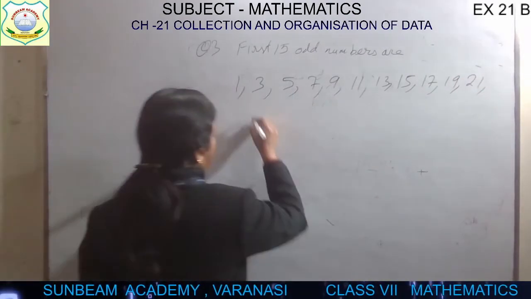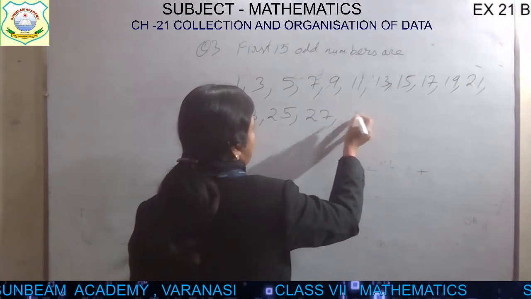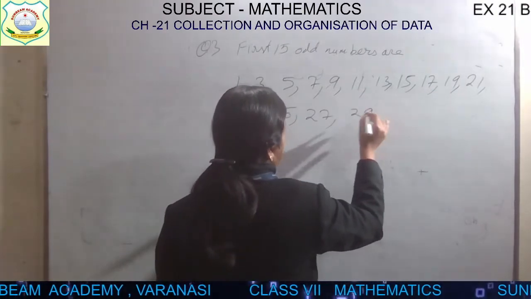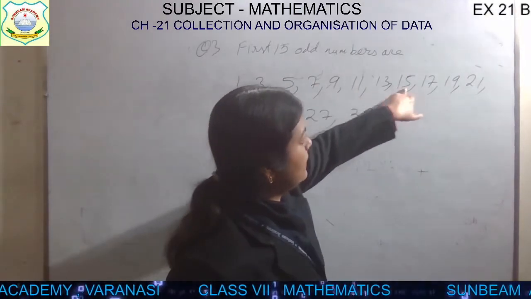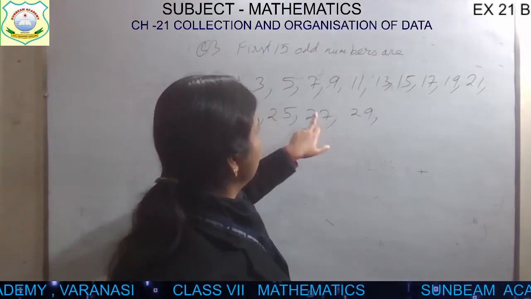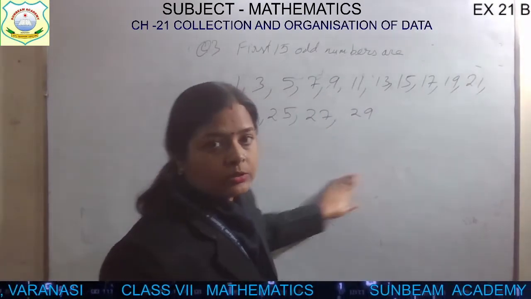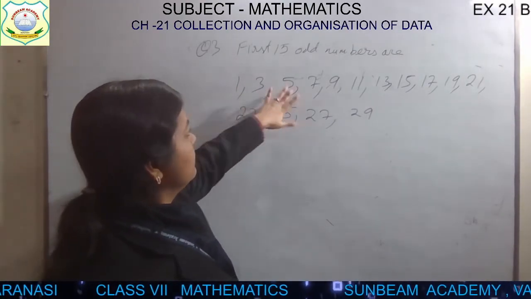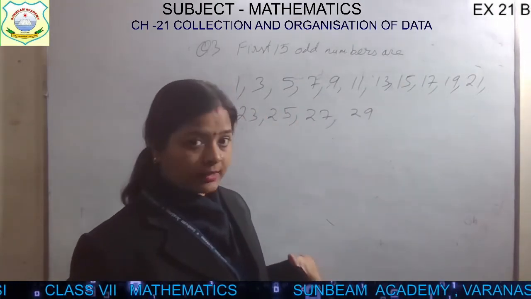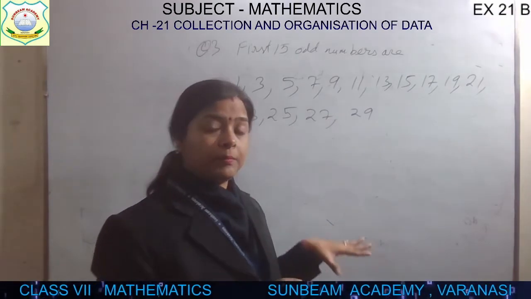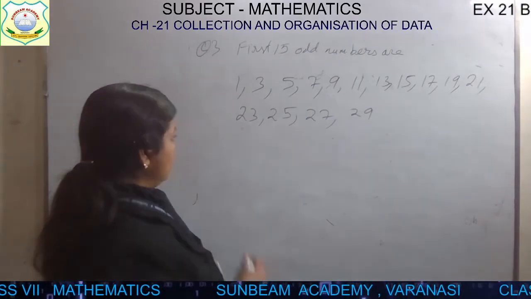21, 23, 25, 27, 29. Wait, first 15 बोला उन्होंने. 1, 2, 3, 4, 5, 6, 7, 8, 9, 10, 11, 12, 13, 14, 15. बस यहीं तक आएगा. ठीक है, 30 से कम हो जा रहा है ना, तो 15 just half है ना. 30 तक हम नहीं जाएंगे. 30 में 15 आपको ऑड मिलेंगे, 15 आपको इवन मिलेंगे. तो first 15 odd numbers we have written.